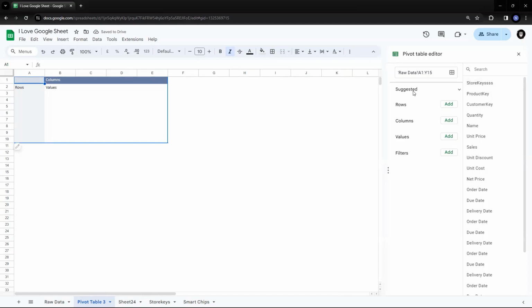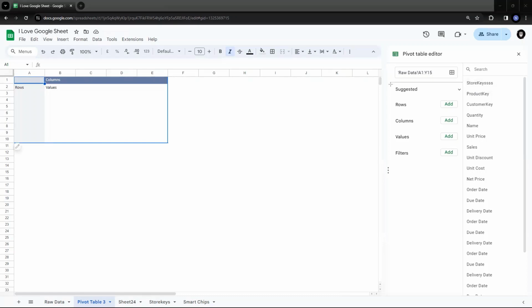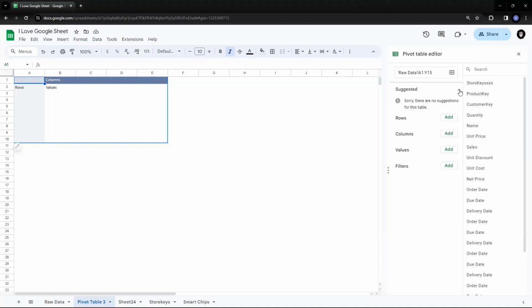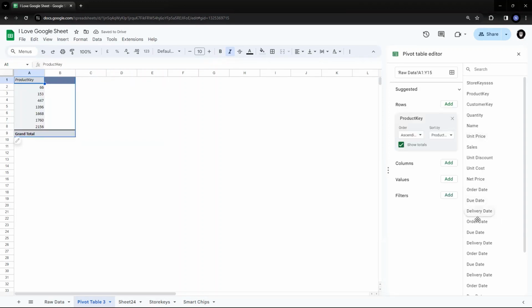Yeah. Now there is an option called suggested here. Pivot table in Google Sheets is supported by some very good AI features like this one, where it suggests what kind of analysis you can do. So if you just click on the arrow which is next to the suggested word here, right now there are no suggestions for this table. Yeah, but as soon as I put some, suppose I put product key here, and I say sales,